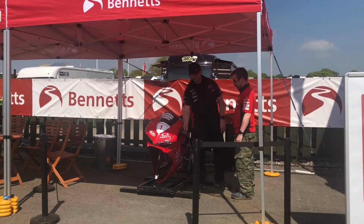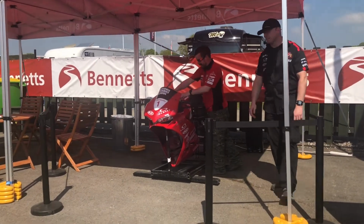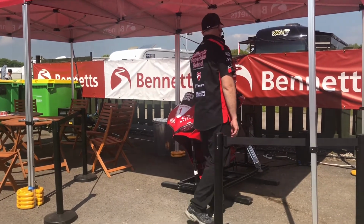The handlebars, it's going to move. It's not the easiest thing to get onto while it's doing a bucket bronco. So hands on the tank, get yourself on. Perfect. Now,